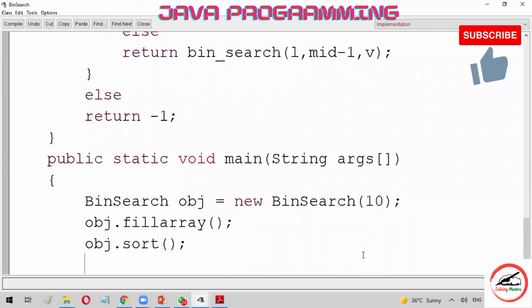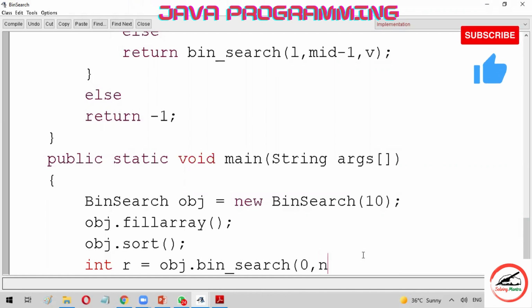So we'll receive that value in some variable, such as int r equals obj.bin_search, and you will pass the value 0, the initial value, first index, comma, the ending index will be n-1, or you can simply write 9, and the value you have to search, say 25.